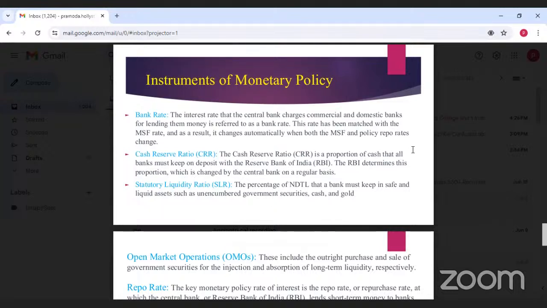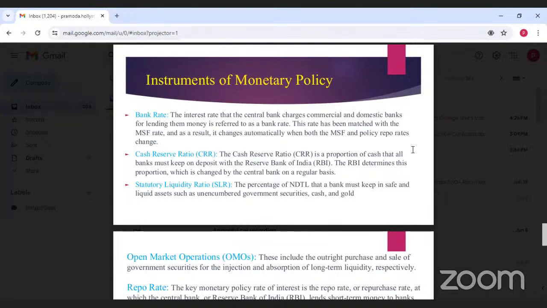The first weapon the RBI uses, as I said, RBI cannot directly influence the individuals. It can influence the commercial banks through which individuals are going to get affected. So the first weapon the RBI uses is the bank rate. What is this bank rate? Generally, whenever commercial banks are in need of money, they take the help of Reserve Bank of India. They take loans from Reserve Bank of India. The RBI will be giving them loans